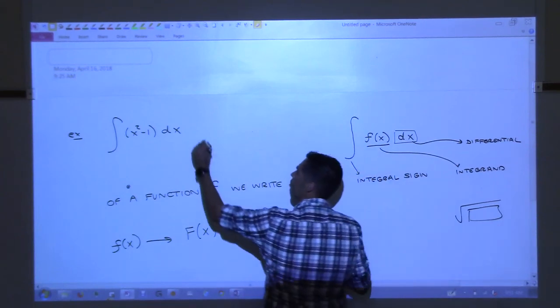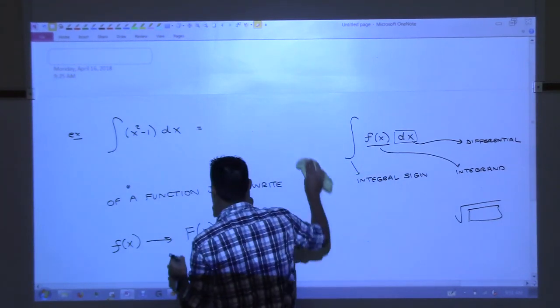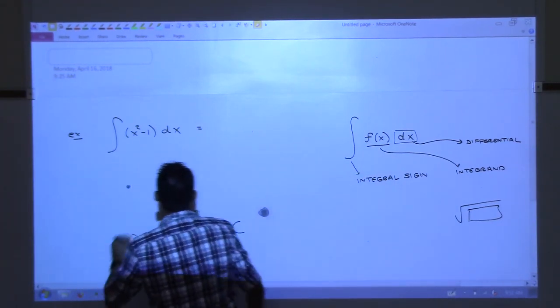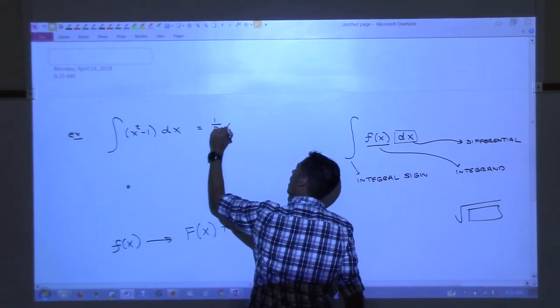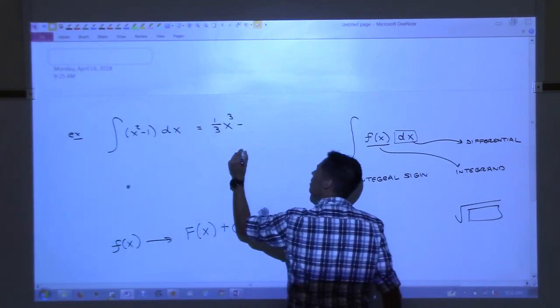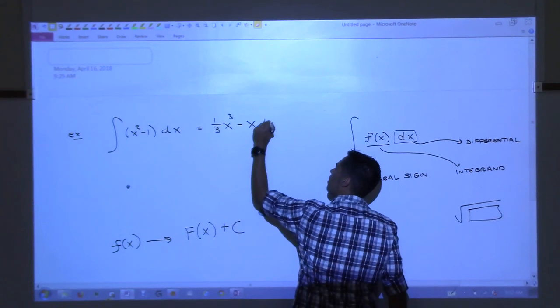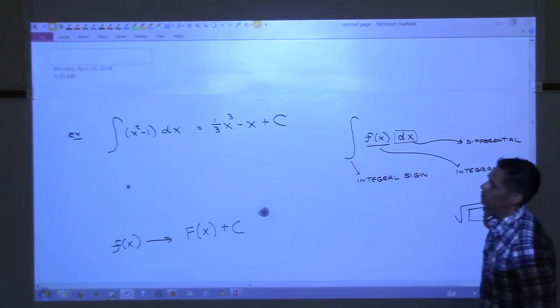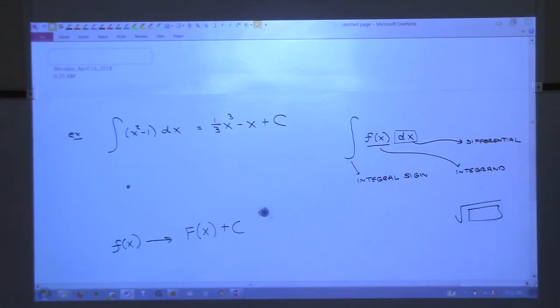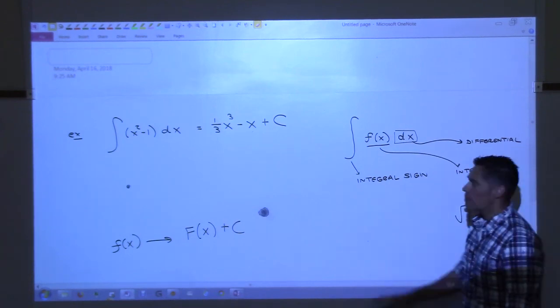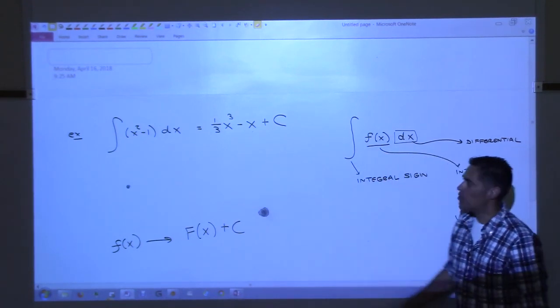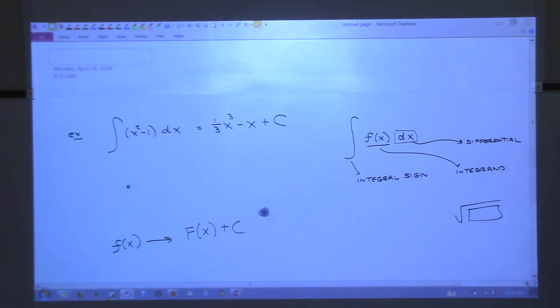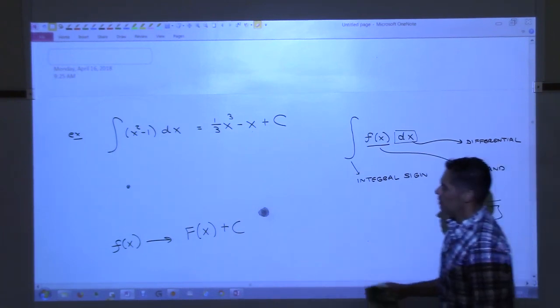So the answer to this should be what? 1/3 x cubed minus x plus c. That's your power rule from last class, right? Okay. Everyone good with that? All right. Now,